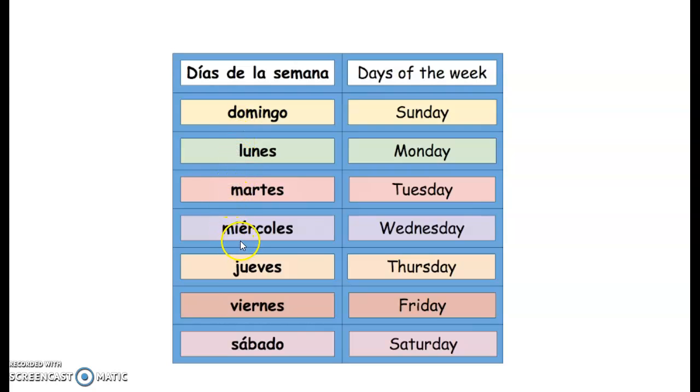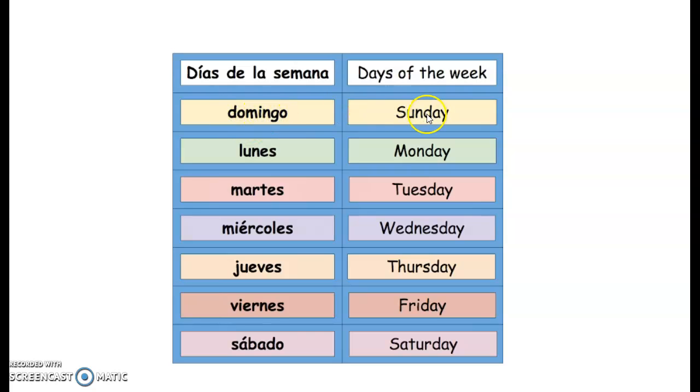When it comes to this word with the little tilde on top, it means that you're going to put some emphasis on the letter E, and I will share that with you shortly. And it's the same with this little tilde on top of the A. You're going to put some emphasis when you pronounce the letter A. So let's go ahead and find out how we say these Spanish days of the week.